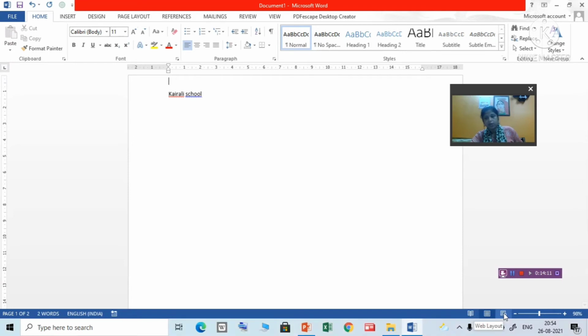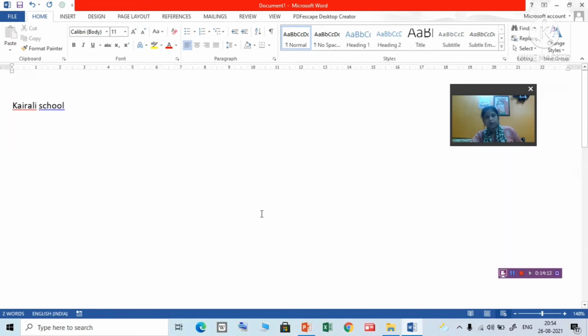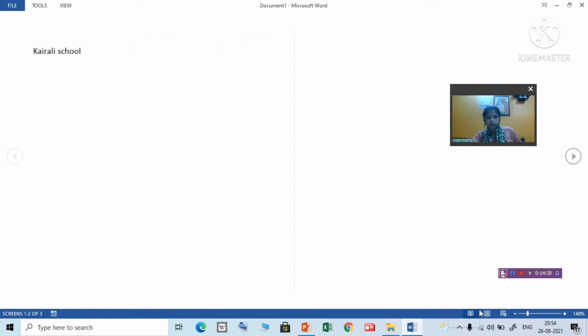Then web layout: in web layout, your page looks as if it is in landscape mode, and you will not find the left scroll bar or the left-hand side ruler. So we always work in print layout mode.